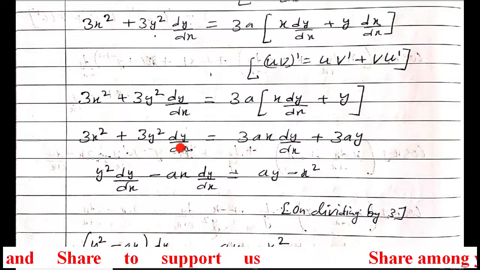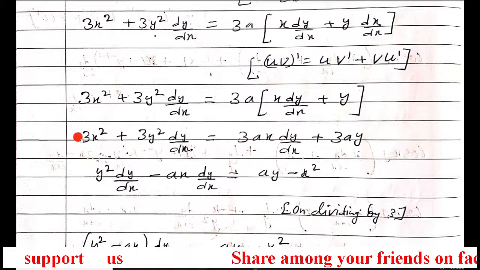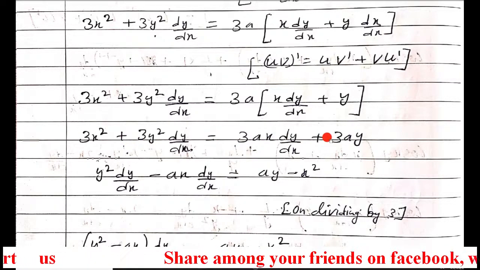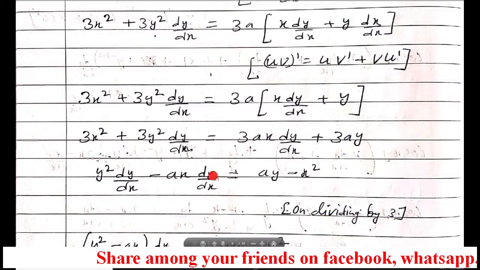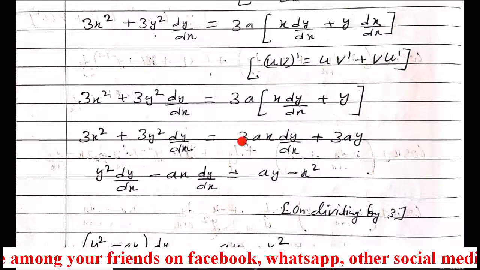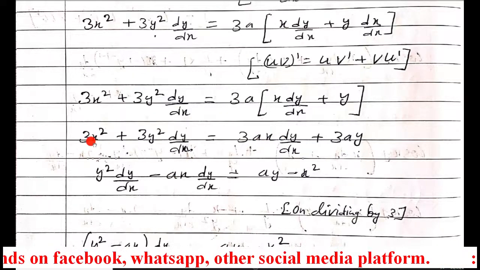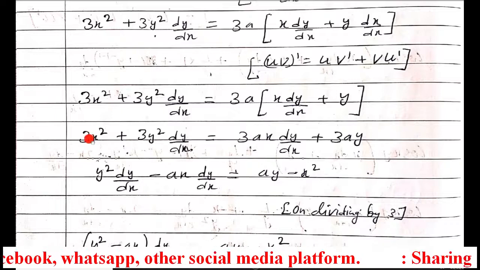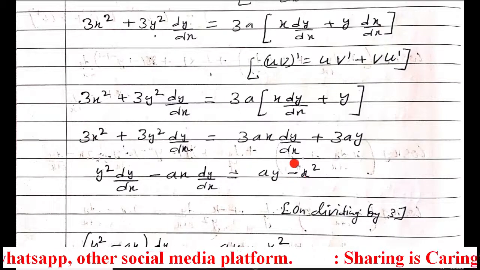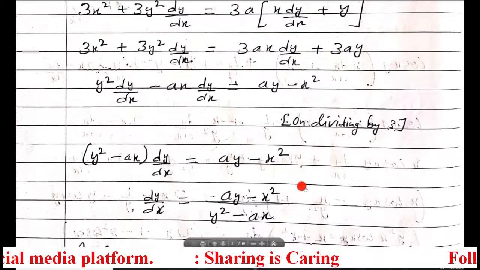So shift them together and you can see that all terms have 3. Just see, here also 3, here also 3. So divide them by 3. On dividing by 3, I kept this term here. After dividing, I shifted this term, so it became negative, and this term is positive here. So two things I did together here: divided by 3 as well as shifting.